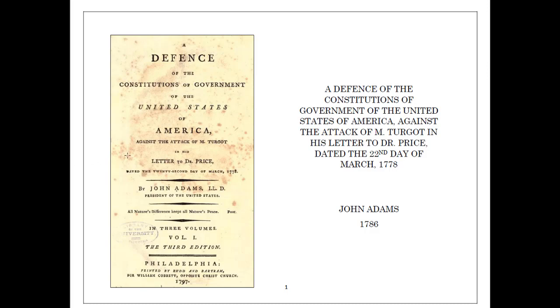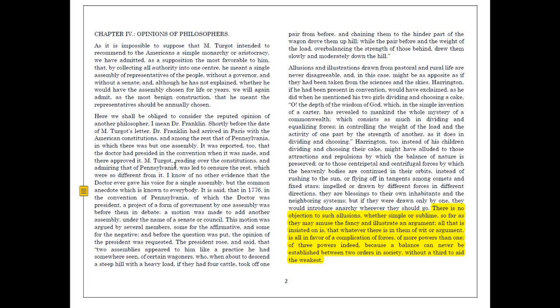We can start then with the opening paragraph. I've given you just one chapter. This is a very long work. It's well over 600 pages, and Adams intended it to be a kind of comprehensive tome of American political science. We're going to look at just one example of the different features of the constitutions that he's trying to defend, and it's the one that is most obvious from the previous module, that is the contrast between a unicameral legislature and a bicameral legislature.